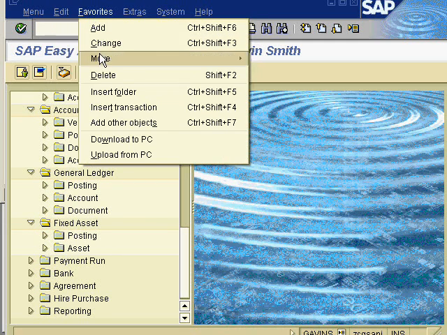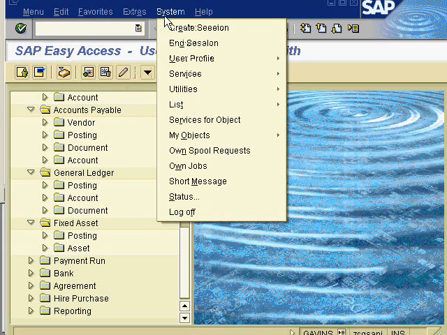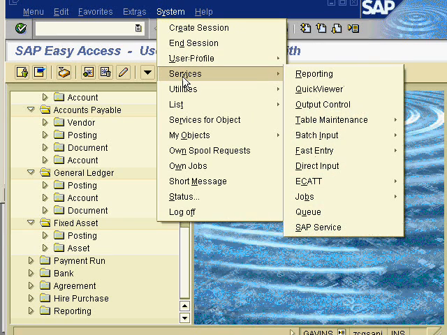In Favorites we can change the favorites as we've shown before, and in Extras we can display documentation, technical details, settings, and set the start transaction if you know what you want to start with each time. In System you can create a new session, end this session, define your user profile for this session, hold data, set data, delete data. In Services you have many different reporting tools you can use,